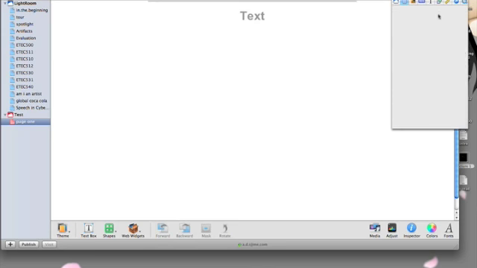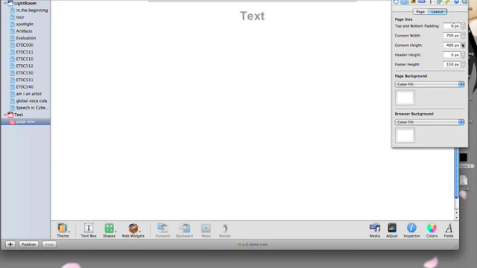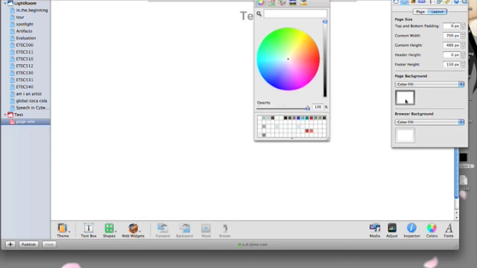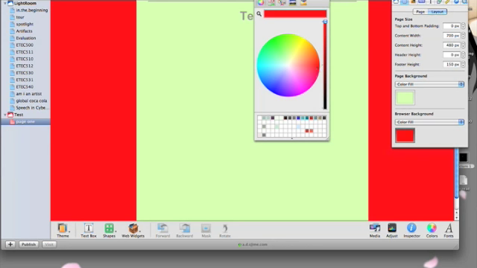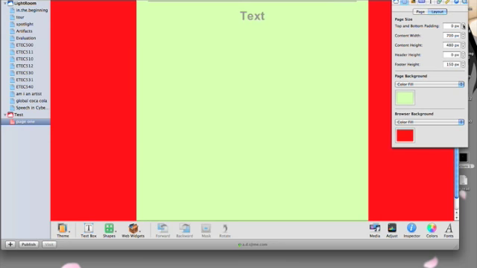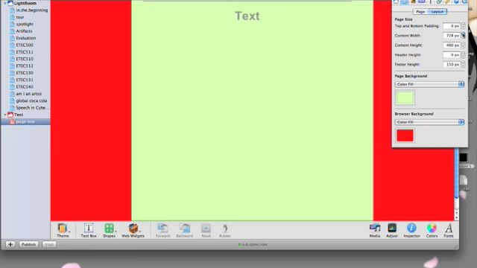I'm going to go into Layout, and Layout's going to give me some information about colors. So if I click on this, I get my color wheel. I can select a color that I like for the main background of my page and then one for the background of my browser. If I close this here, I can play around with the sizes as well. So you can see that it's getting a little bit wider right now. If you'd like to create a little bit of a wider space to work with, that's something